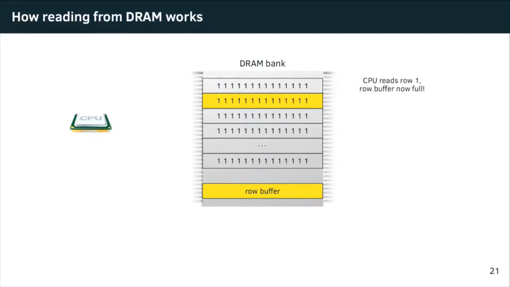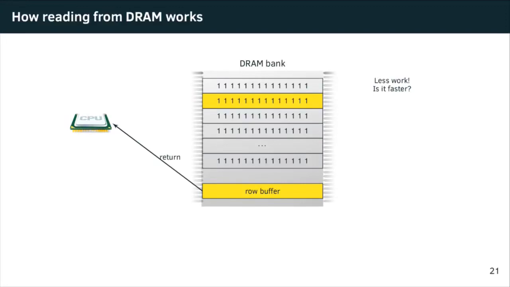So now it becomes funny. If the CPU immediately afterwards decides it needs to read some stuff from the same row again, maybe some other stuff in the row, well, now the row buffer is already full, and the CPU can get it directly from here. This sounds like it's less work, and the question is, is it faster? In fact, this very question was what got me into researching this stuff.